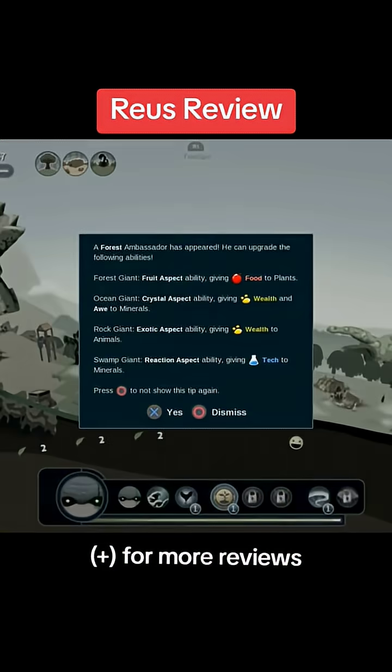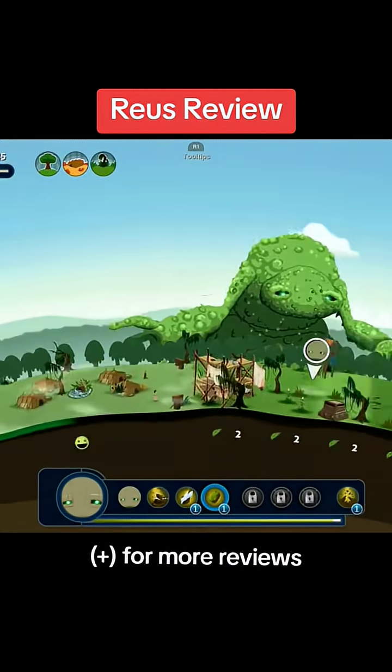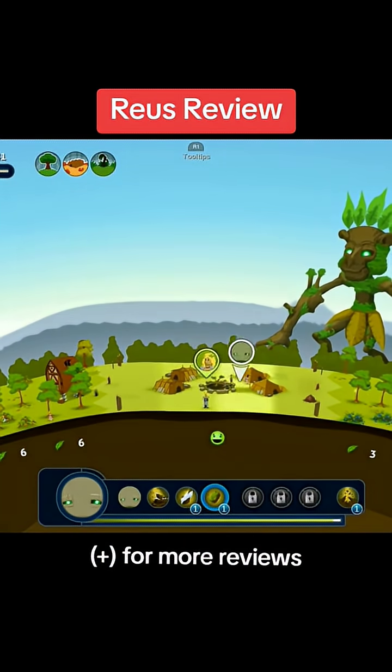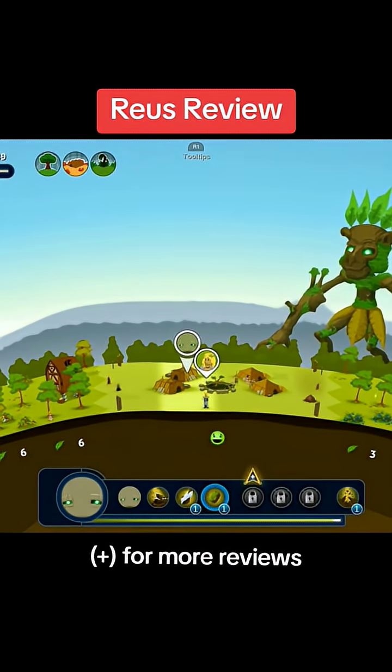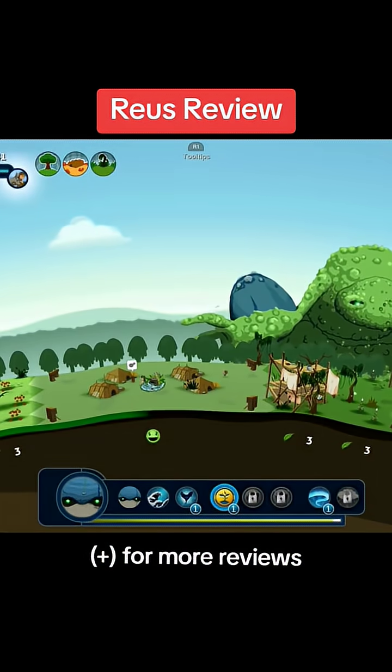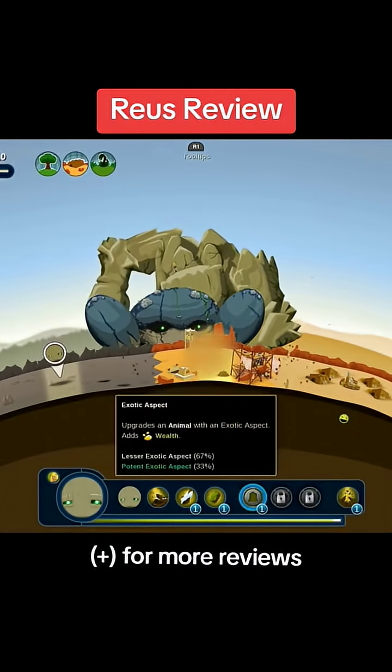As you complete projects, you will earn an unlock for an ability for one of the 4 giants. This is where the strategy ultimately comes into play, especially trying to unlock skills around the type of environment you want to build on. And each project gets increasingly harder, causing you to have to mix and match different character abilities to add wealth to an animal, for example, and strategically place plants, animals, and minerals to boost the stats